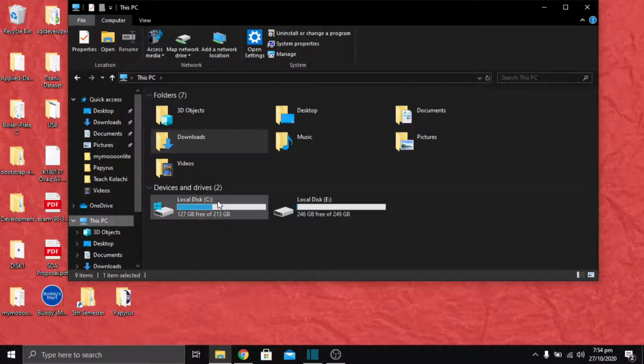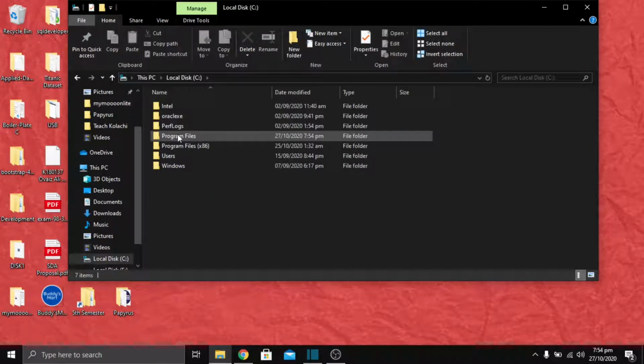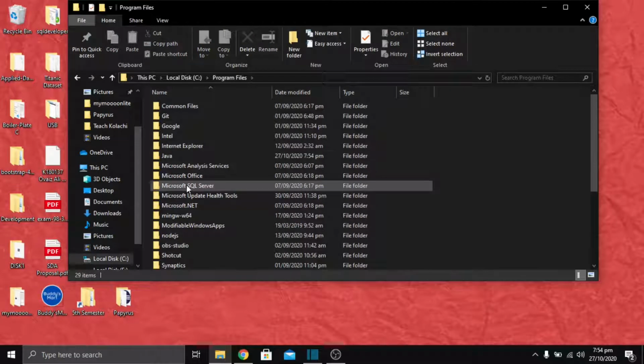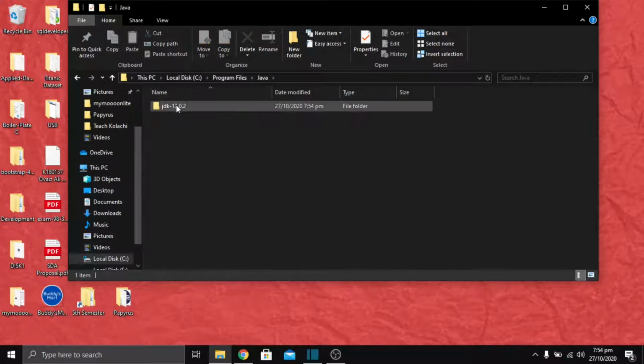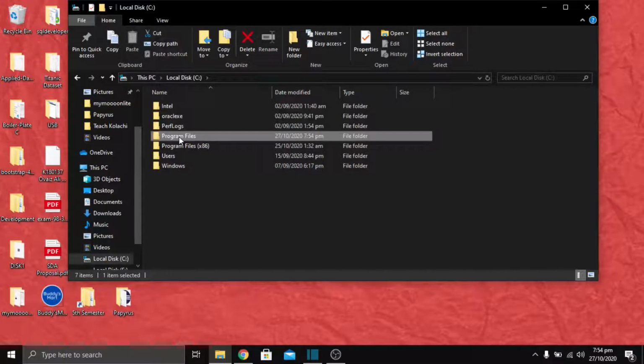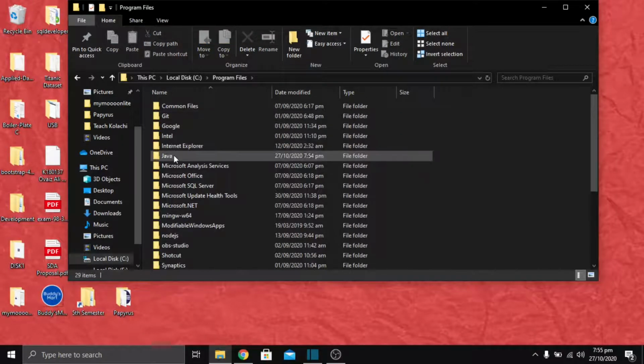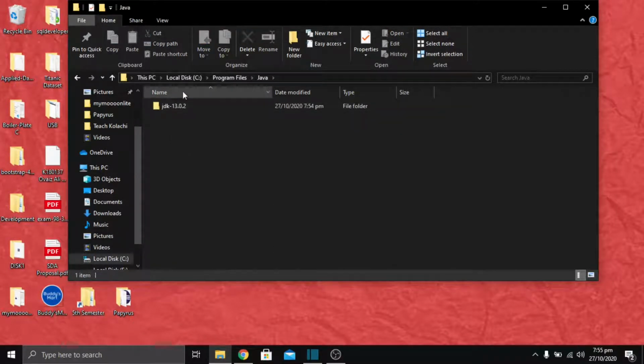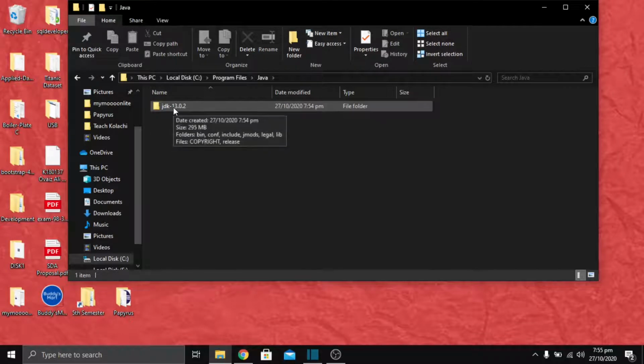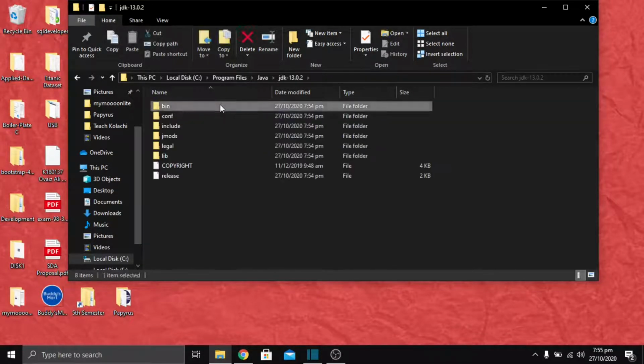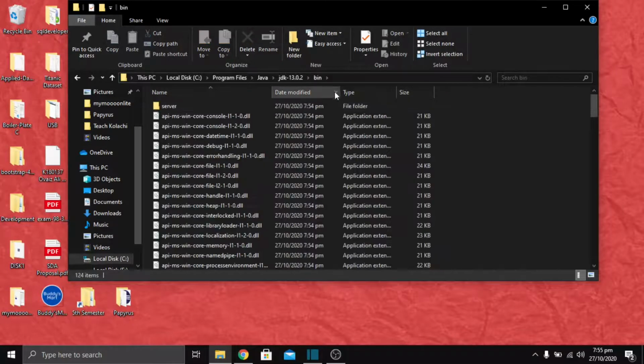this PC and going to the program files, so we can take the exact address of Java JDK. So inside local disk C, you would go to program files, then to Java, you would find Java JDK folder over here. You are going to go into it. We would click on bin folder, and we are over here because we want the exact address where the bin